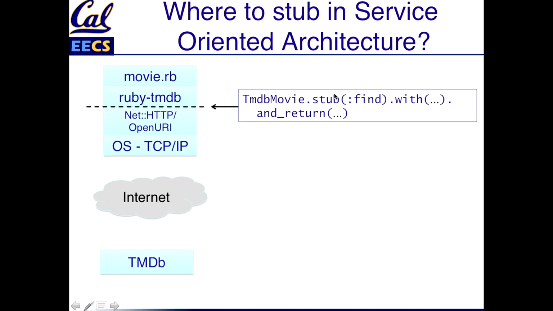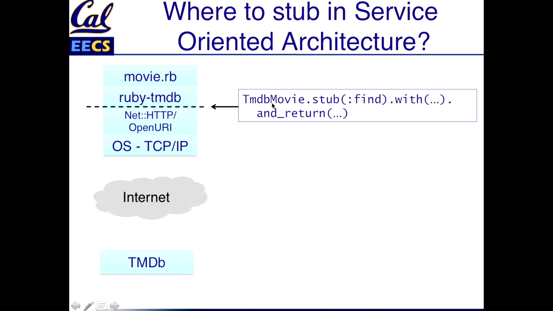We could also stub below the level of the gem. So this says, look, we're going to call our movie method, we're going to call the real thing, but we know that our movie method is going to actually call something that's in this gem, in this library, so that's where we're going to stub. We're going to stub the gem instead. So this says, I'm happy to actually test my part of the code, but I want to stub out the library. Going further than that, we could say, ultimately, if the TMDB gem is going to call an external service,